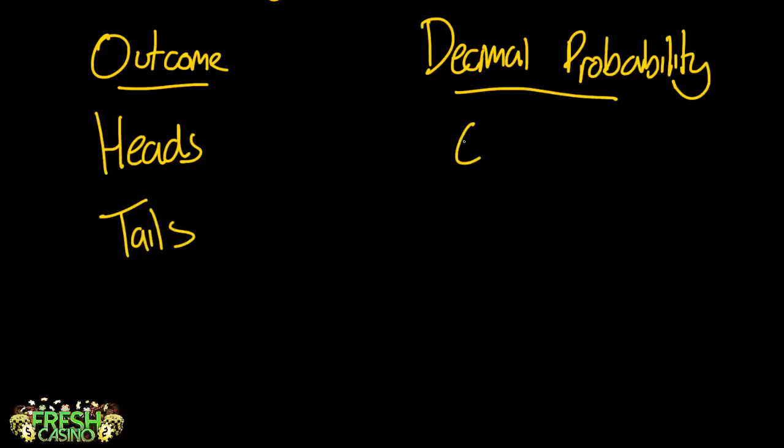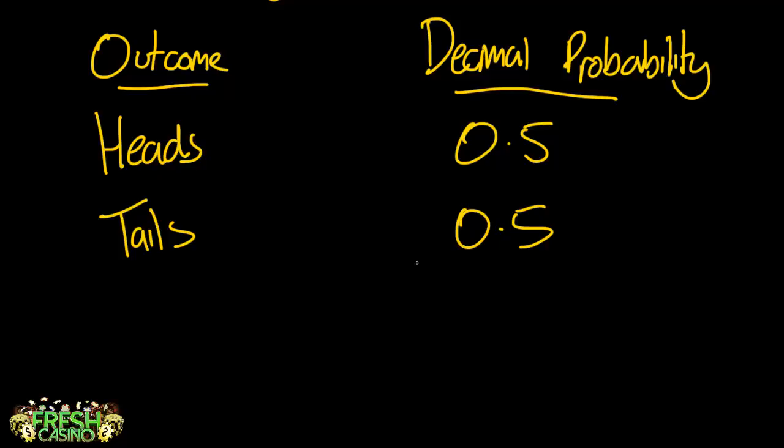So in this example I laid out earlier, what are the 2 outcomes of a coin toss? Well, clearly there's heads or tails. The decimal probability of either is obviously 0.5 for each. Now that's step 1 done. And I know it seems tedious and easy for this example because it's obvious, but as you move on, you'll get harder and harder examples where you'll need this more and more.